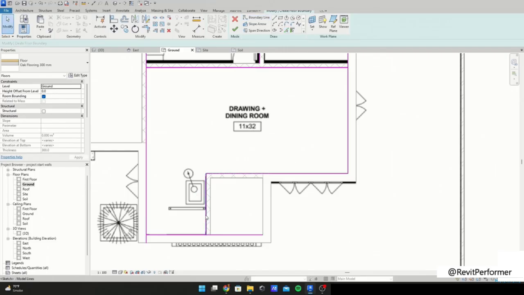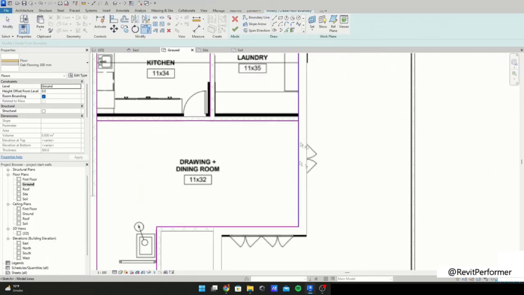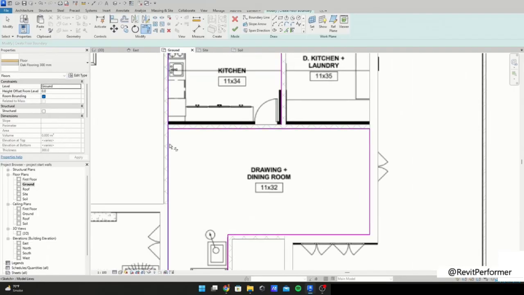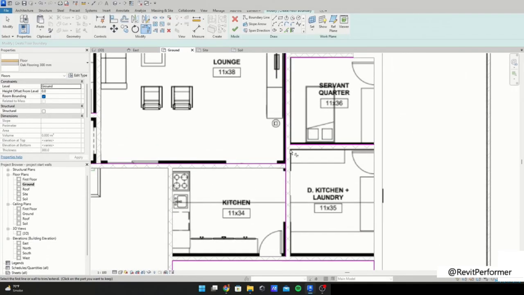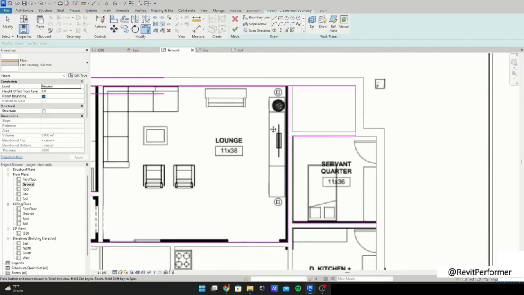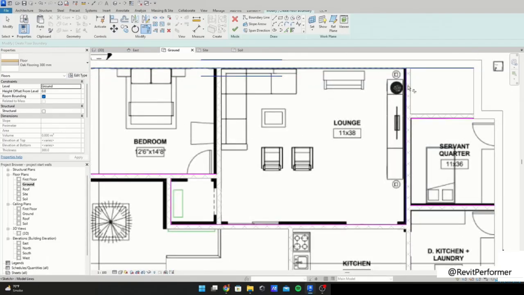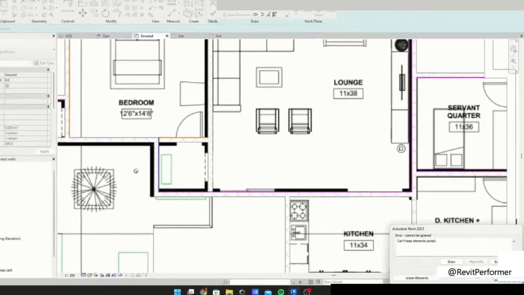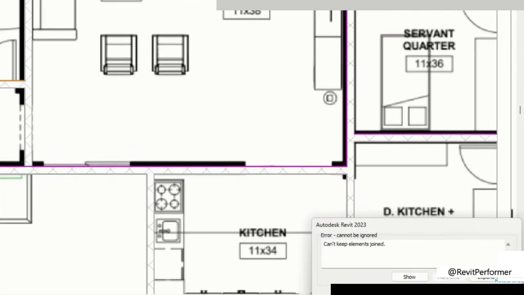Okay, I've selected all the rooms that I needed. Oh, no, we still have the servants' quarters left. I'll do those as well. Okay, for TR again, I'll just select all, Control Z, and that's it. It might give you an error, but you don't need to take it into account.